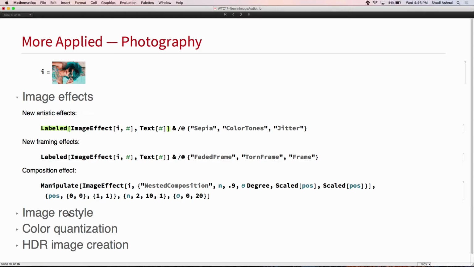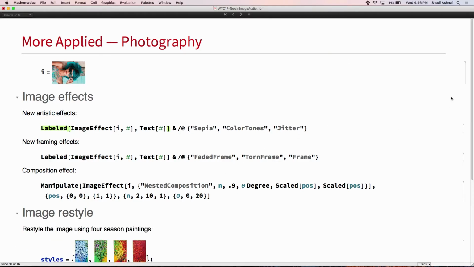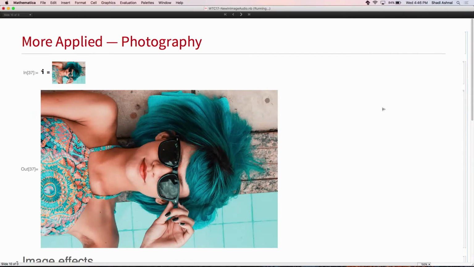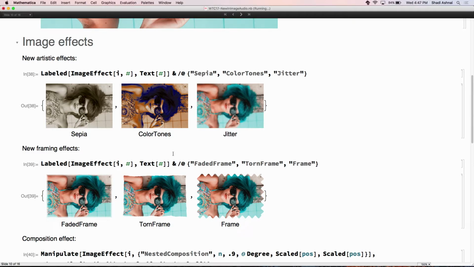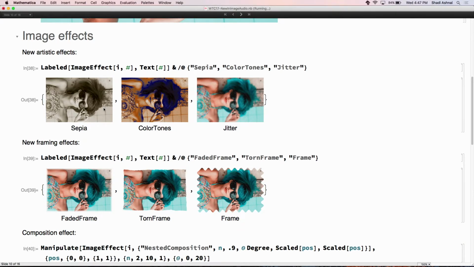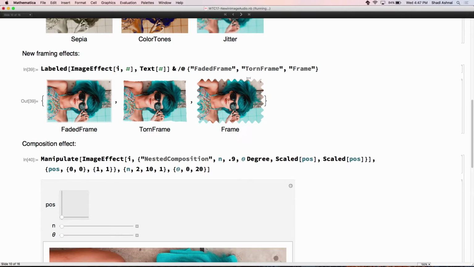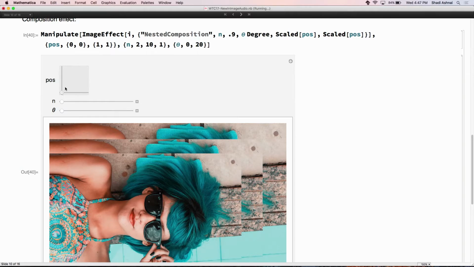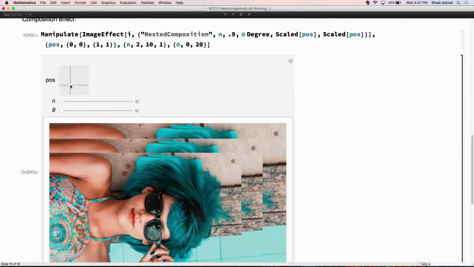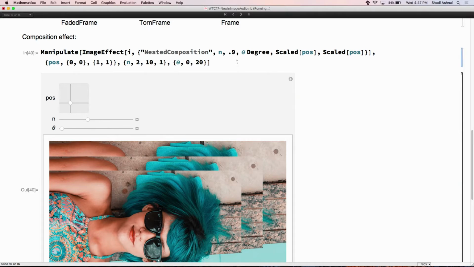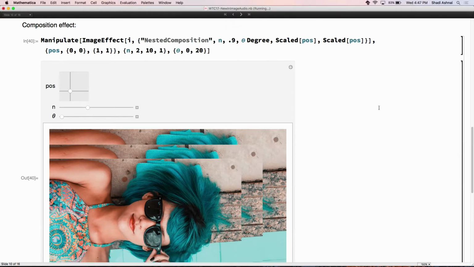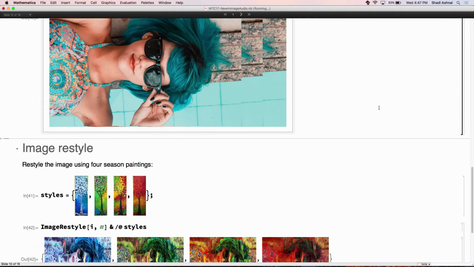Photography, image effects, and maybe I should start evaluating everything here. Some of these we have shown last year, with additions from last year, more effects in image effect for things like sepia, color tones, jitter, but also a lot of framings that is often going to be useful when we're blending images into each other and composing an image on top of itself and things like that. This is not responding, maybe because of some other things I'm evaluating. I'll just let you play with that, as I don't have a whole lot more time.